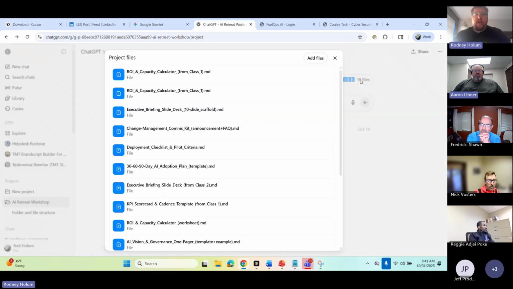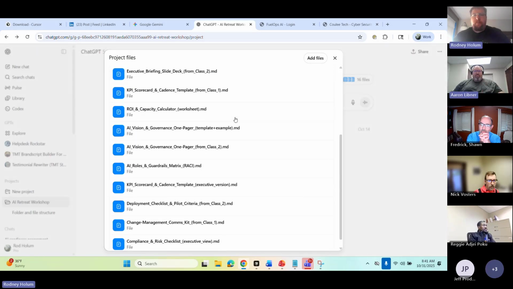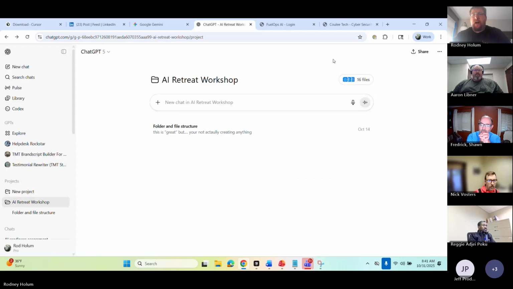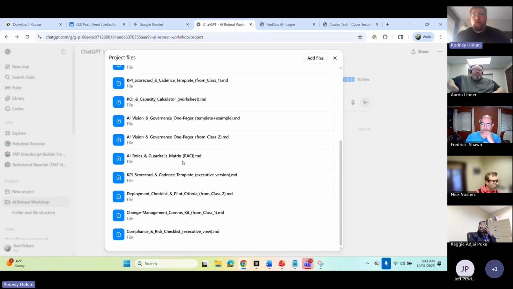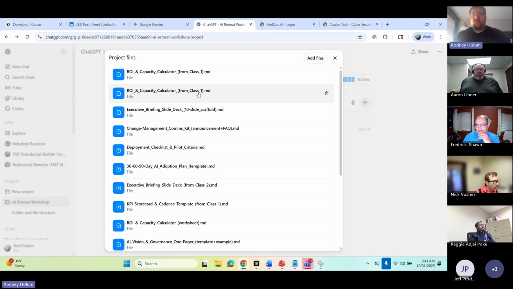Well, the value is that you get access to files, so it works much like our coding IDE, Cursor, in that it can search and reference these files and then bring in certain data from these files into its context. So these are all the files we had to go through and gave everyone access to at the AI retreat.